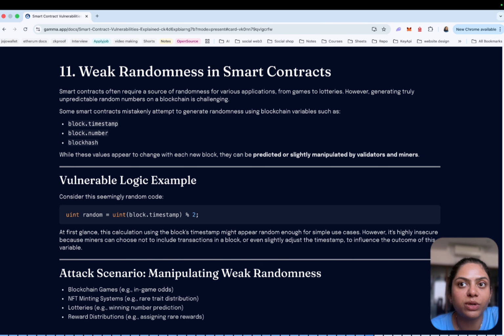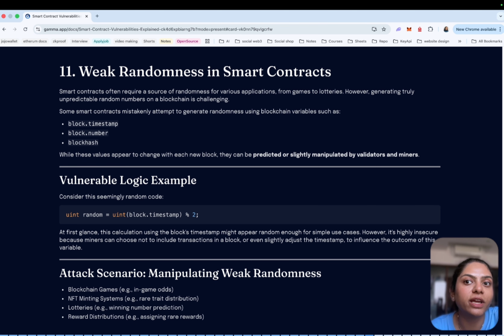Example of a weak randomness attack. A typical randomness vulnerability might look like this: the contract generates the random number using block.timestamp, and the attacker observes the pending transactions. The attacker predicts the possible outcomes and only executes transactions when the outcome is favorable.